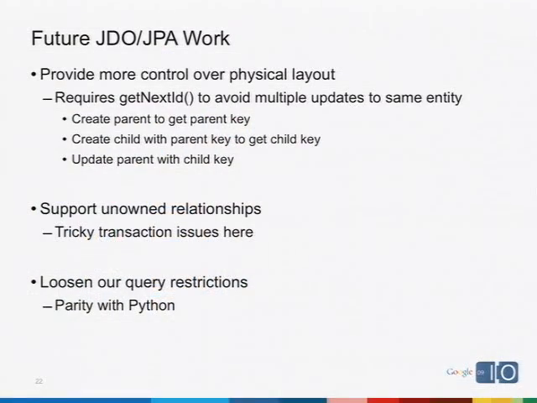The other thing that it's important for us to solve, and I'll be honest, I don't have as clear a picture of how we're going to solve this as I do for this other scenario, is unowned relationships. So we've talked about how with JDO and JPA, we can use ownership to imply co-location within an entity group. Well, JDO and JPA also provide a really nice way to express unowned relationships, using the objects themselves, right? Instead of just having a key, you get the object itself as a member to model that association. So we can use an unowned relationship to store these entities in separate entity groups.